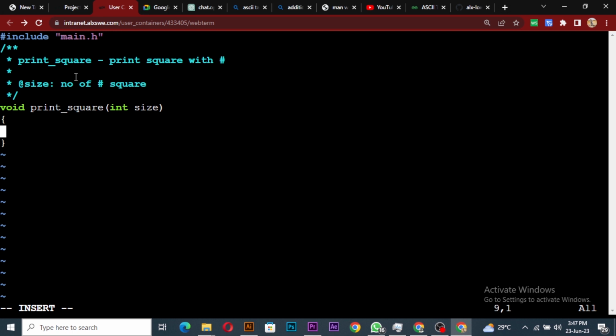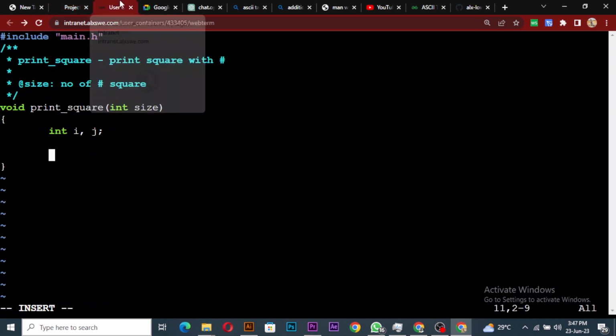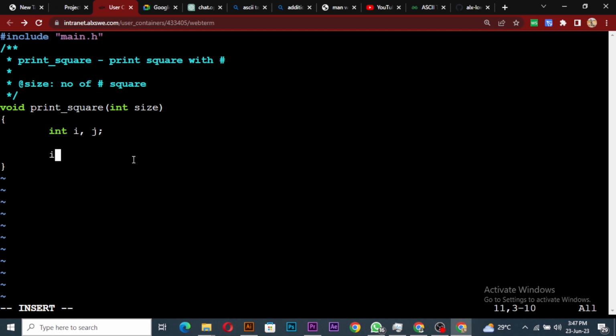Okay, so we're back here, and then yes, we'll declare two ints as well, int i, j, right? And then there's going to be a space. So the first one is if the size is 0, and we have if the size is greater than 0. Okay, so if size, sorry, if,